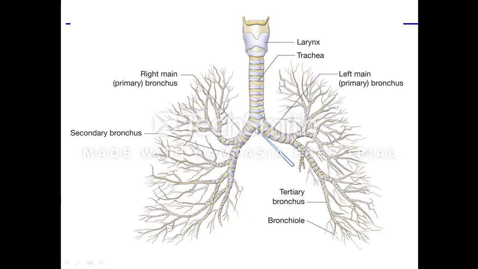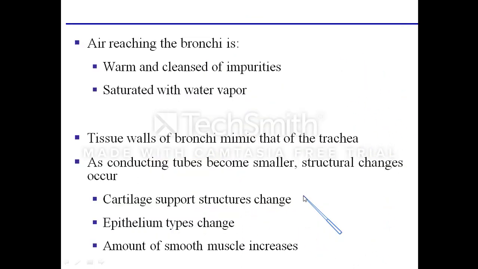The trachea, at the point of carina, divides into the right primary bronchus and left primary bronchus, which divide into secondary bronchi, then tertiary bronchi, then bronchioles. Bronchioles divide and finally form terminal bronchioles, which open into respiratory bronchioles. This whole division gives the shape of an inverted tree, so this is called the bronchial tree. The air reaching the bronchi is warm, cleaned of impurities, and saturated